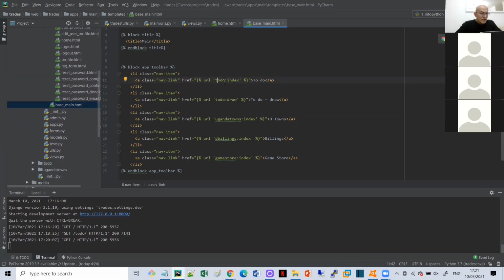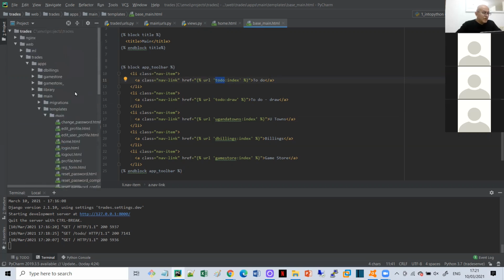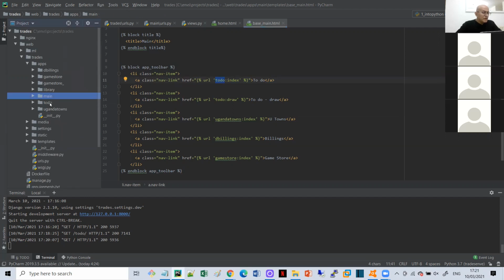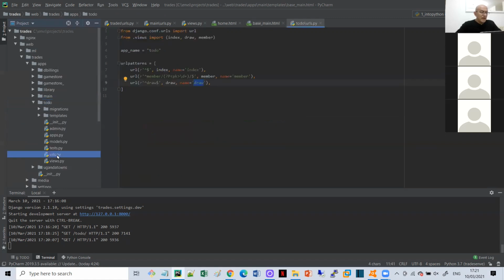That's the application todo. Guide that application to the URLs. So I go to the URLs of the application. Which application? The todo application. I go there and there is a URL. We did it last time. I'm just going over that again. Double click on the URLs. And then after it gets there,